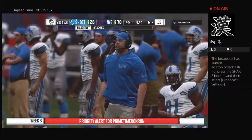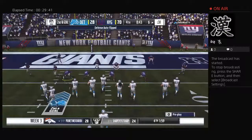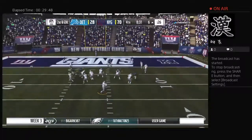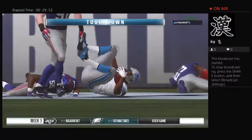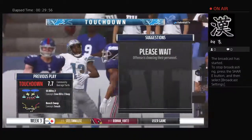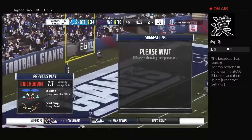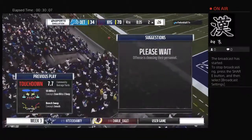2nd and goal. Be interesting to see now what they do offensively down near the goal line after not much there that time. As the offensive play caller, that may change your sequence now. Instead of coming right back with a running play, you may have to go to the air. And that is caught. Well, they're going to see this one to the end. They get a score, but pretty much an exercise in futility right now. Still down big. And yeah, that touchdown counts for their team, but I think it counts more for the fantasy guys, doesn't it? Yeah, it's just something maybe positive to look at on film, but